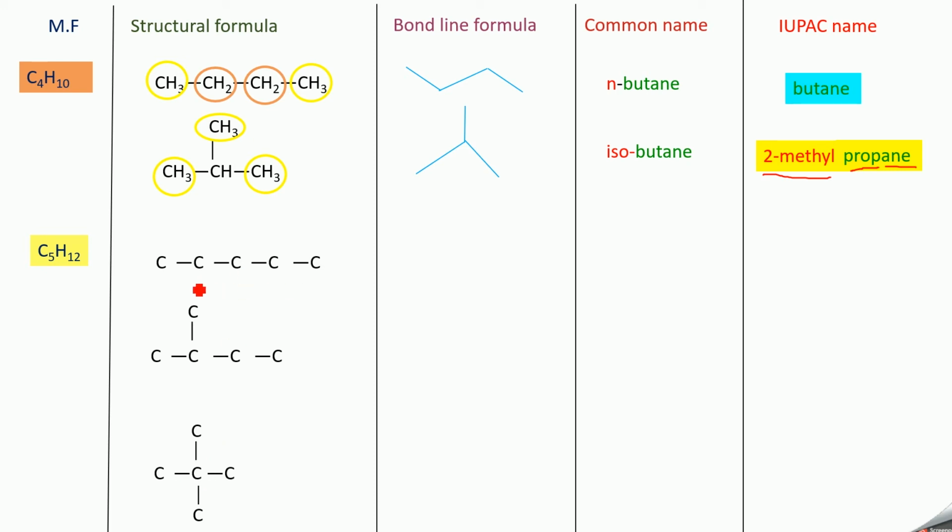Now you fill it with hydrogen. For this carbon, 1 valence is satisfied, the remaining 3, CH3. For this carbon, 2 satisfied, CH2. For this carbon, 2, so CH2. For this also CH2. For this carbon, only 1 valence is satisfied, CH3. So check whether this carbon gets 4 as the valency. So carbon valence is 4.